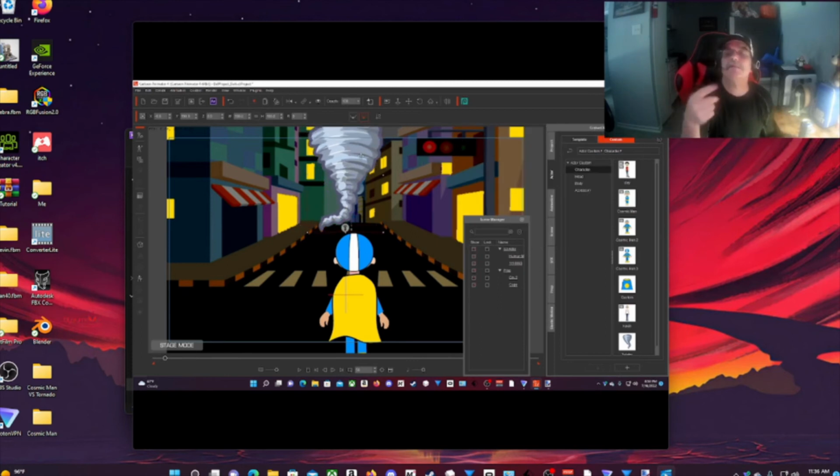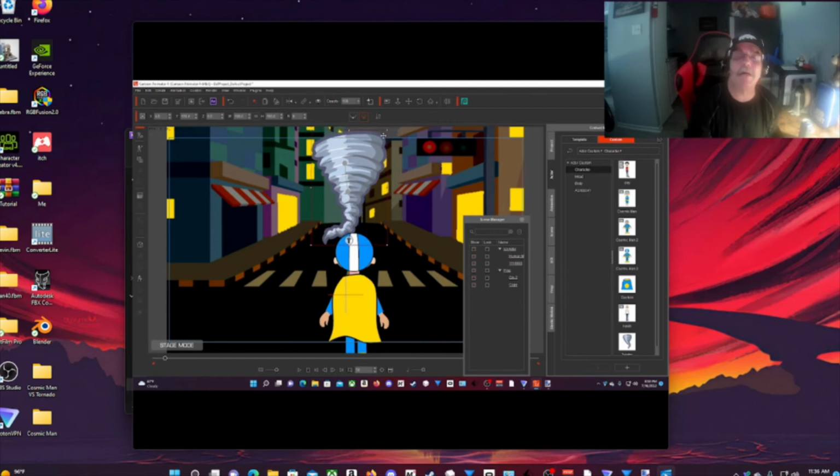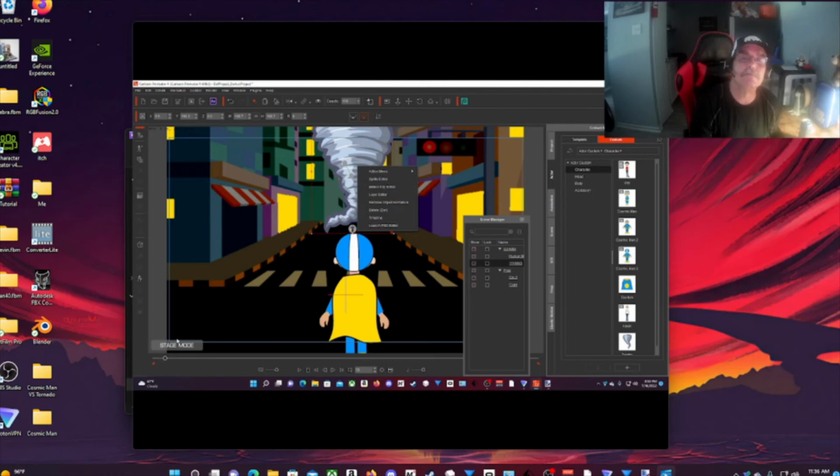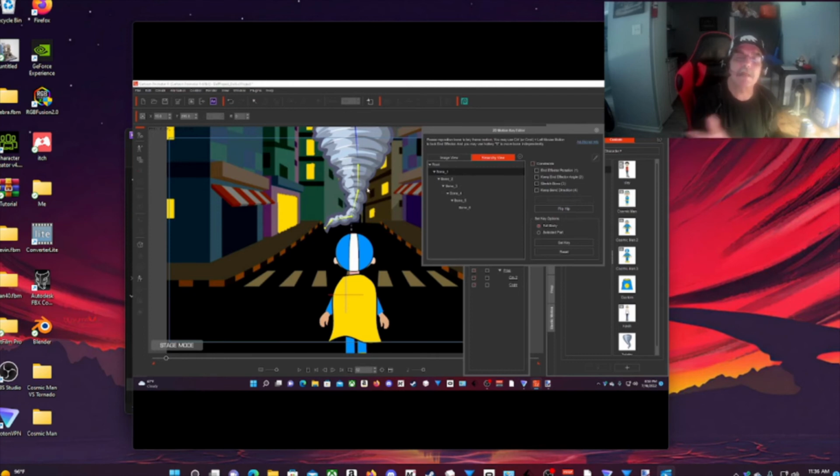Now, the tornado isn't animated to spin. I had to go the quick route because I didn't have much time. I don't have much time to get this done because I just found out about the contest not too long ago. So I want to hurry up and get it done. But anyway, I'm doing what I can. So I'll animate the bones of the tornado to make it look like it's wagging.